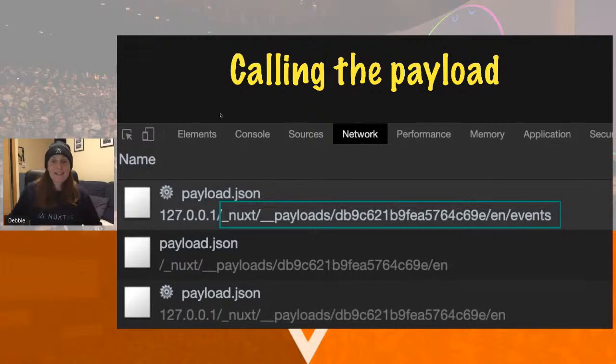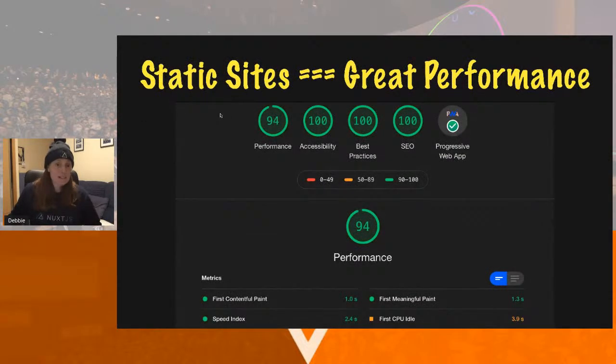So this static feature just allows us to have absolutely amazing performance, as you can imagine, right? It's static sites, great performance. It's just so easy to get with Nuxt, and especially with the static module, where performance is really, really high, and you've got amazingly performant websites. So make sure you're doing an audit regularly, as things can change. If you look at this site today, it might be different from what it was yesterday, but I checked it this morning, and it was like that. So I hope nobody broke my site.